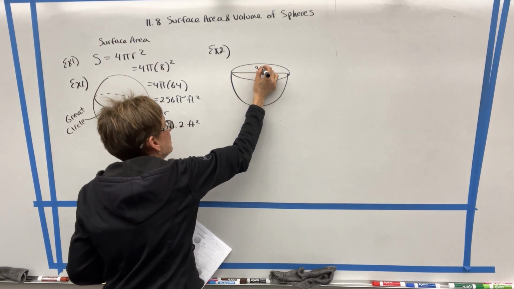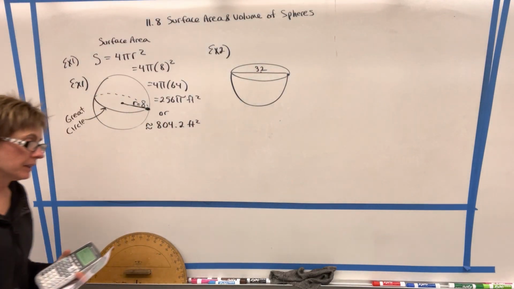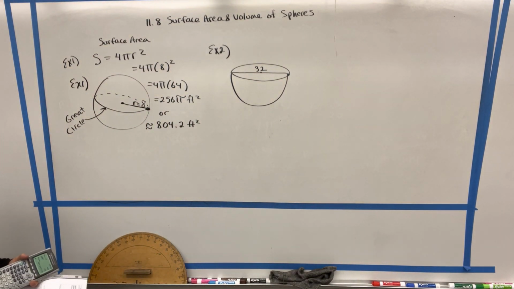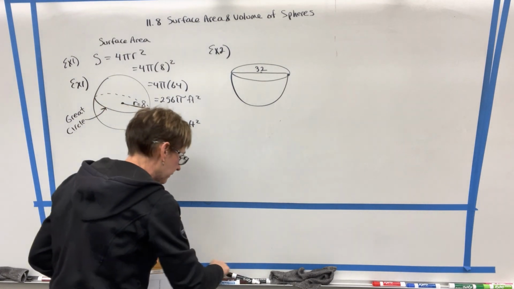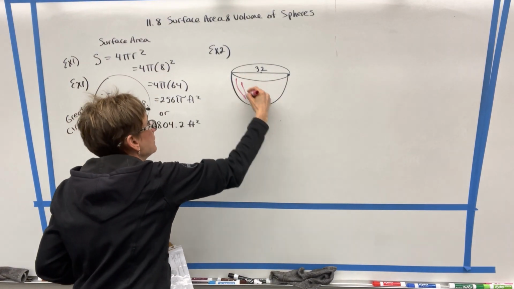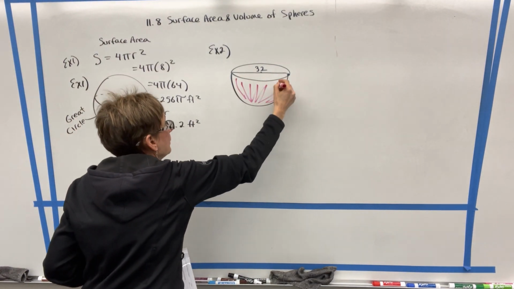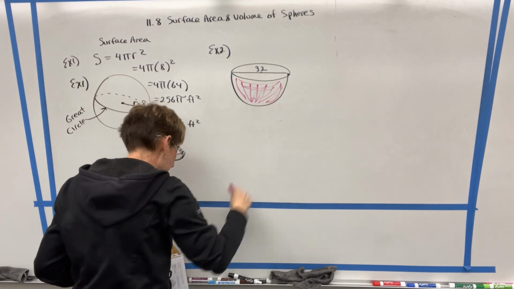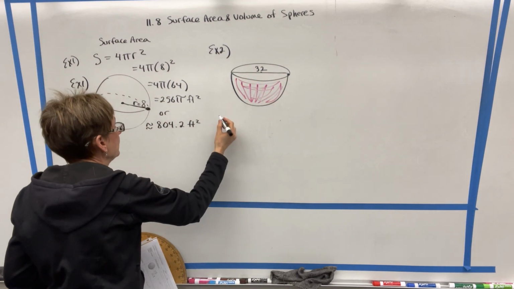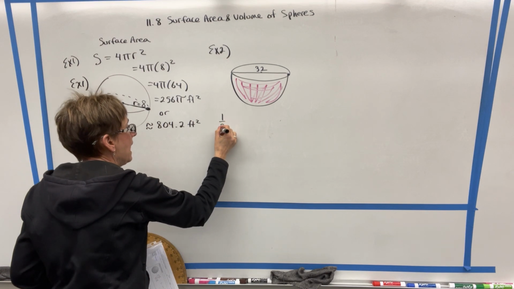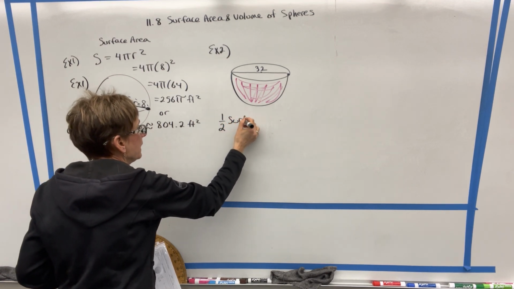Let's go ahead and label the diameter, not the radius here. The thing that's tricky is that if you cut the sphere in half, you're going to have half of the surface area that you normally would. So you're going to have half the surface area